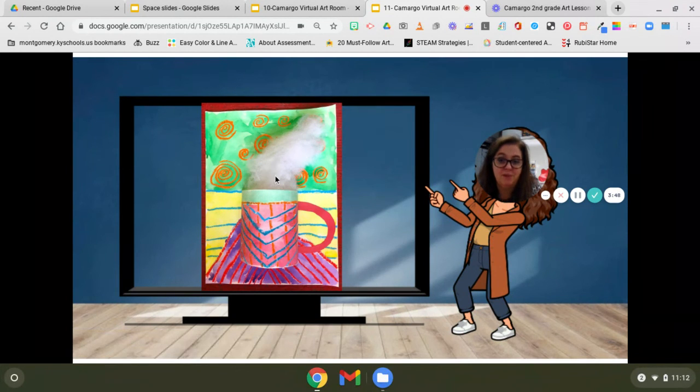So markers, crayons, glue, scissors, and for this stuff that's coming out, the smoke, they actually used something called quilt batting. It's the stuff you put in between the layers of fabric in a quilt, but you can also use cotton balls. So quilt batting or stuffing, like the stuff you put in pillows, or cotton. Cotton balls will work too, okay? I'm going to demonstrate using cotton balls. So grab your materials and